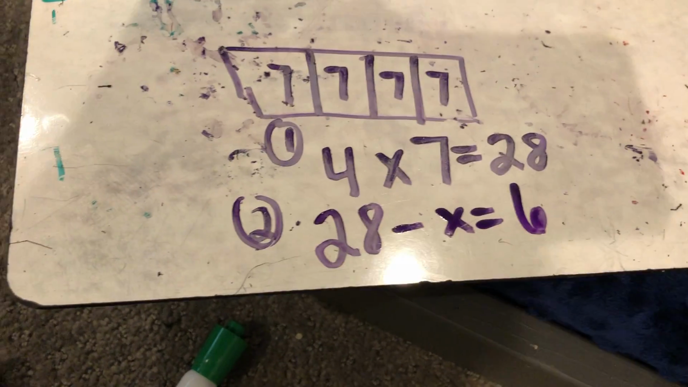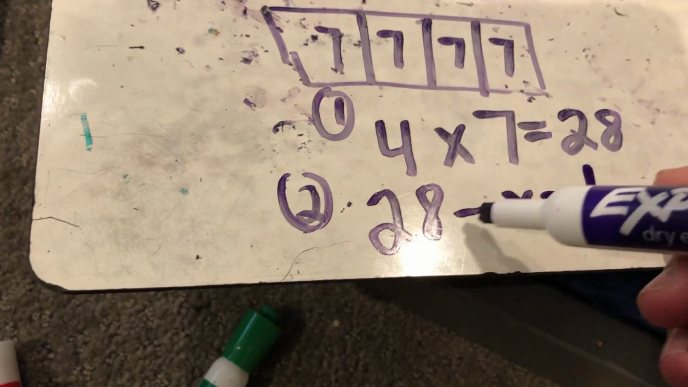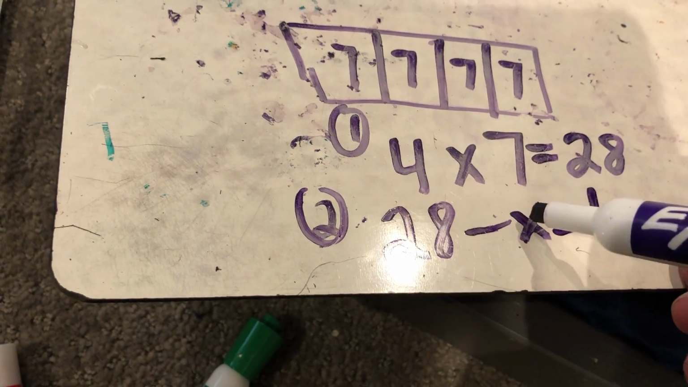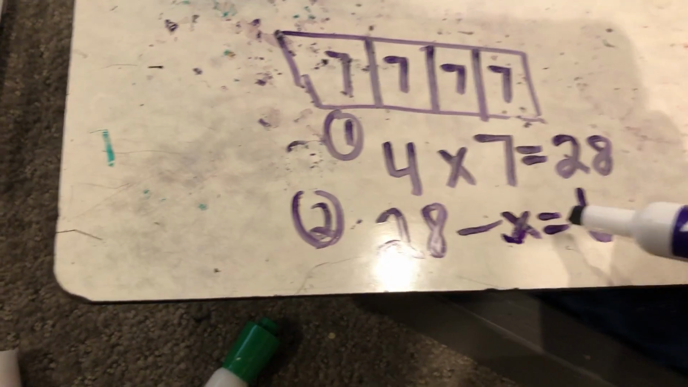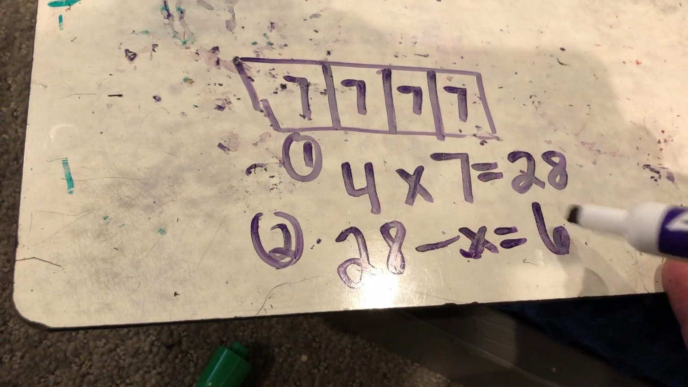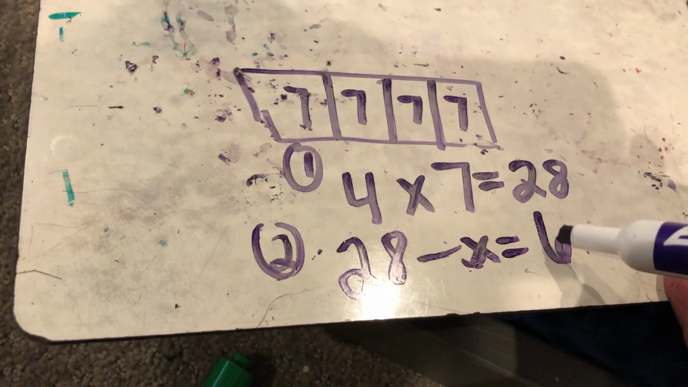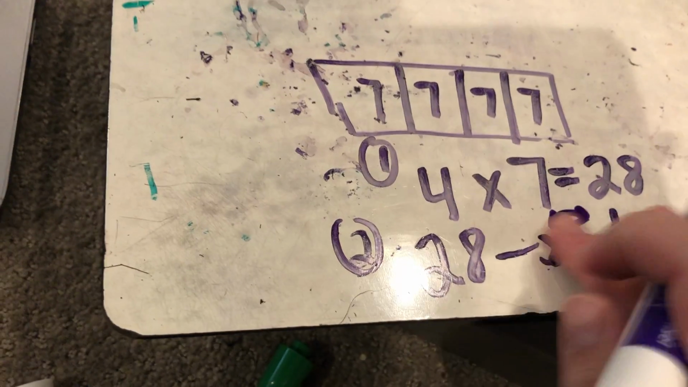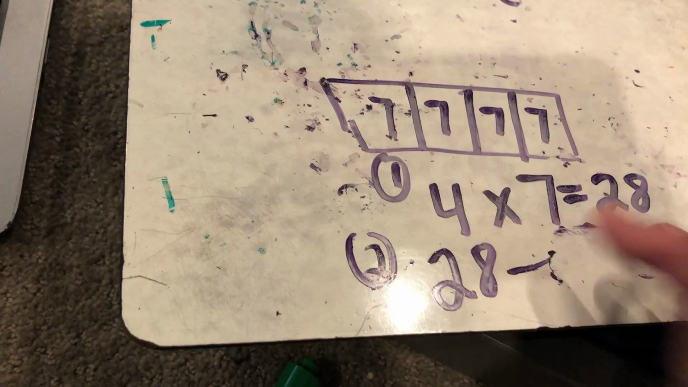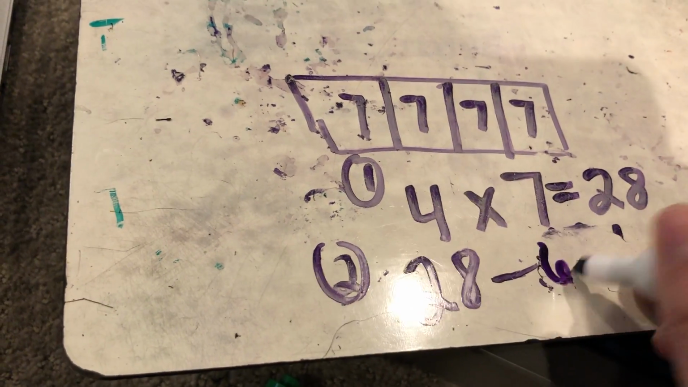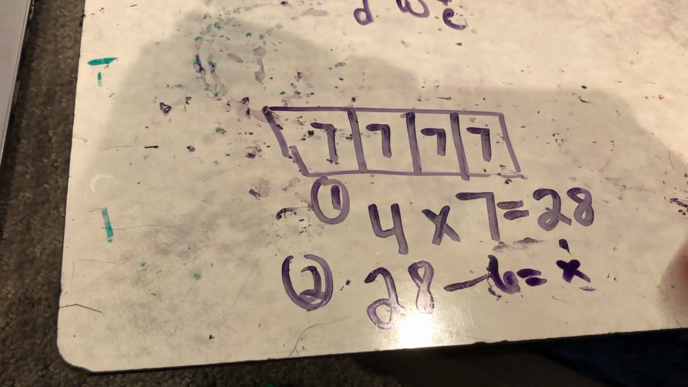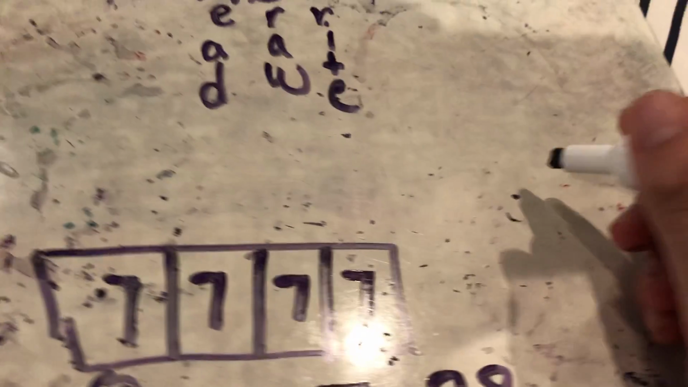Okay, so when we come up against a problem like this, where it's a big number minus an unknown number, and we get another part, we can actually just switch these really quick. So I can actually just go like this. 28 minus 6 equals x. Okay, so I can just switch those. So I like to